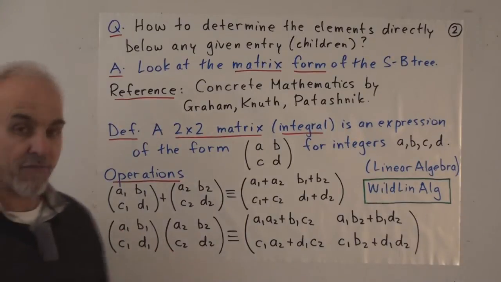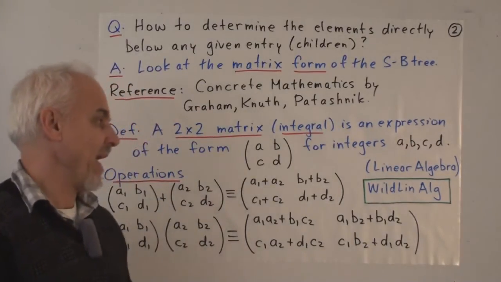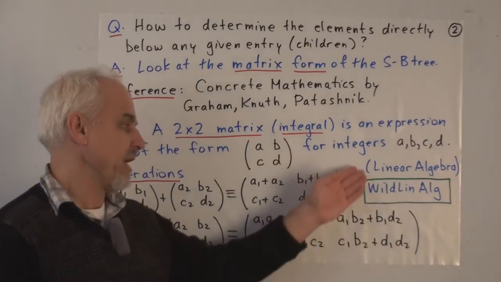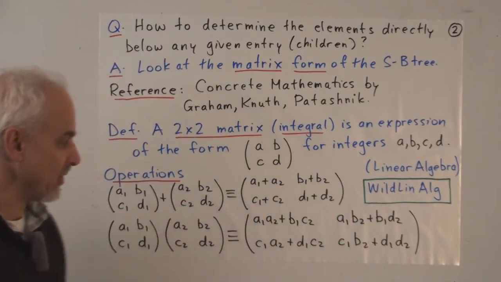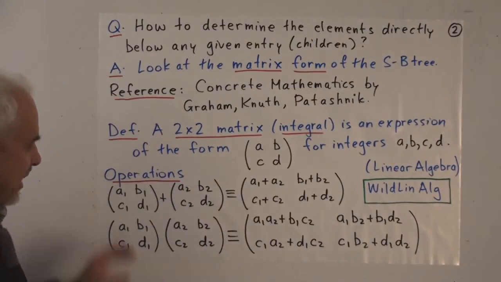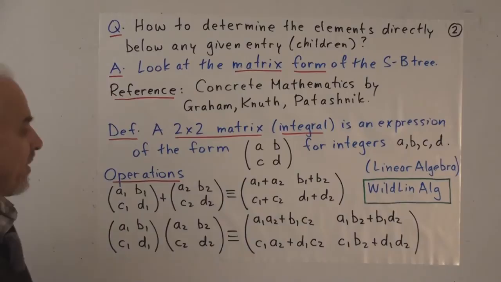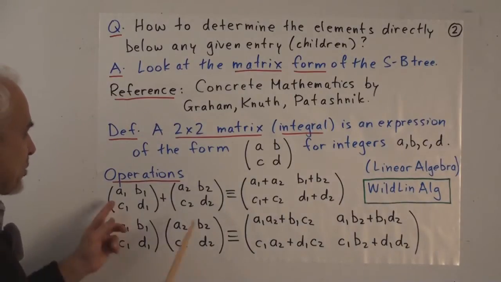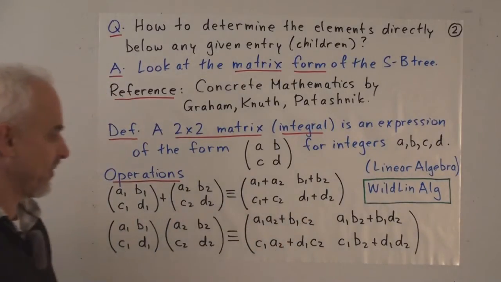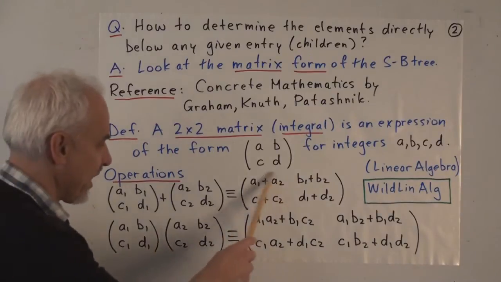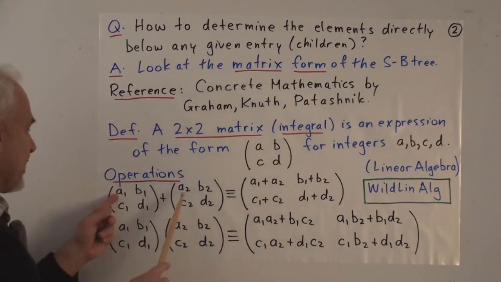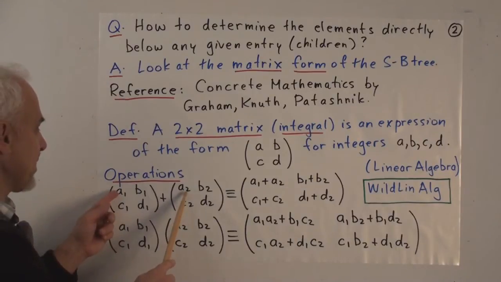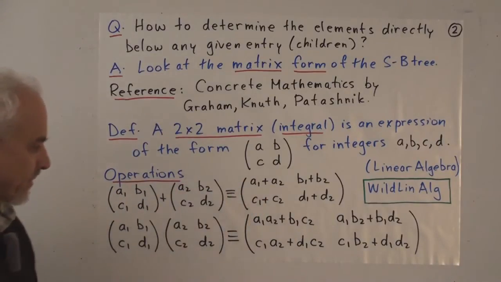These matrices are very important in linear algebra, and if you want to find out more about them, you can have a look in my linear algebra YouTube series, Wild Linear Algebra. And here are the operations for addition and multiplication of two matrices. Addition is component-wise. So to find the top left corner entry of the sum, we just look at these two top left-hand corner entries and add them.